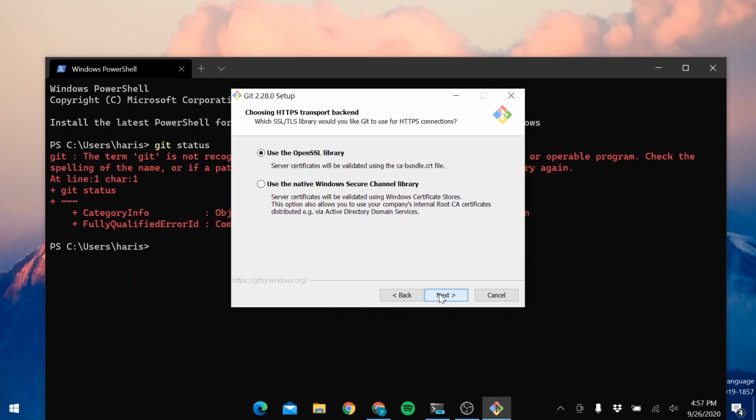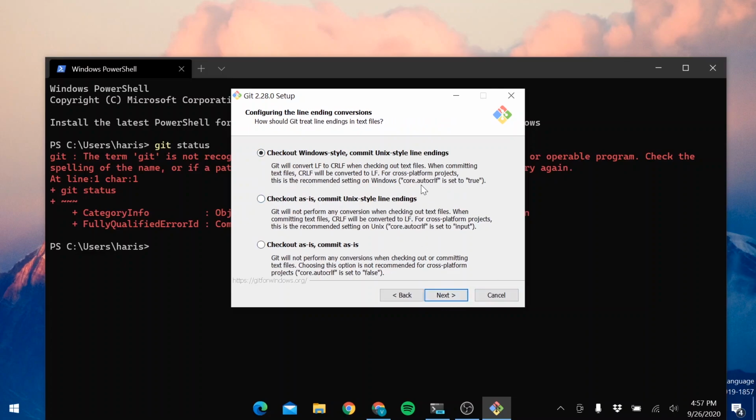Press the second one. Okay, and use the OpenSSH library, which is the default one if you are using Windows 10 versions or anything. If you are using the Windows 10 Pro version, then this will be a good choice. Okay, for every Windows session use this, and for Windows professional versions use this one. If you are using a Windows operating system, then the first one is the default for you. If you are using Mac OS or Linux, the second one is the default for you.